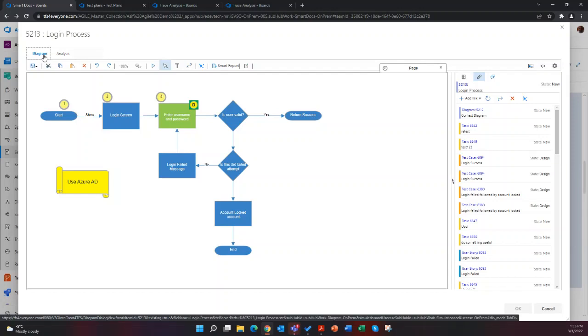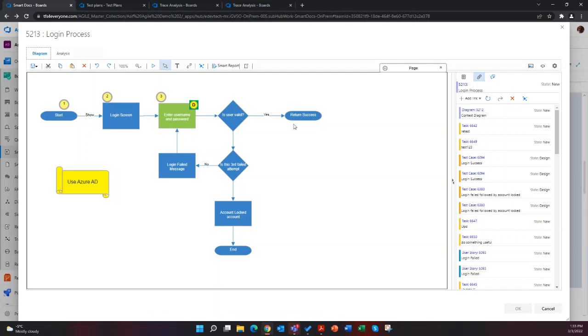Now what you can do is build a good diagram and then use the diagram to identify your requirements, identify your scenarios, and create your test cases. So now we have a process which is much more efficient in creating all of these artifacts directly within Azure DevOps in a much more efficient and high quality manner.